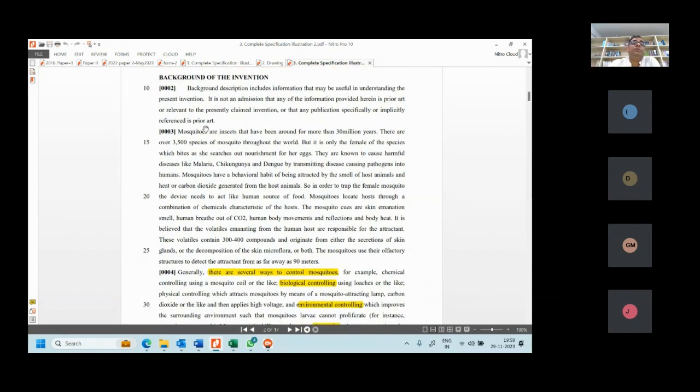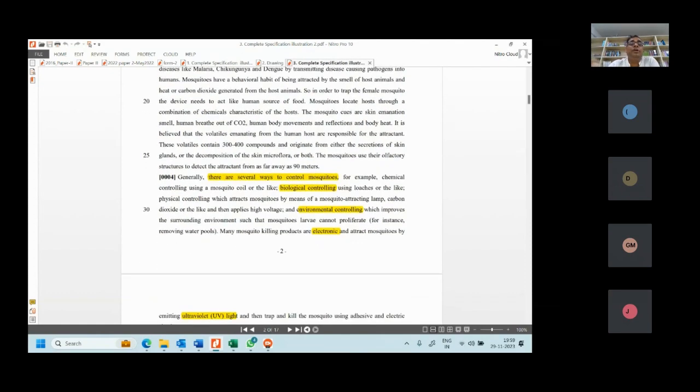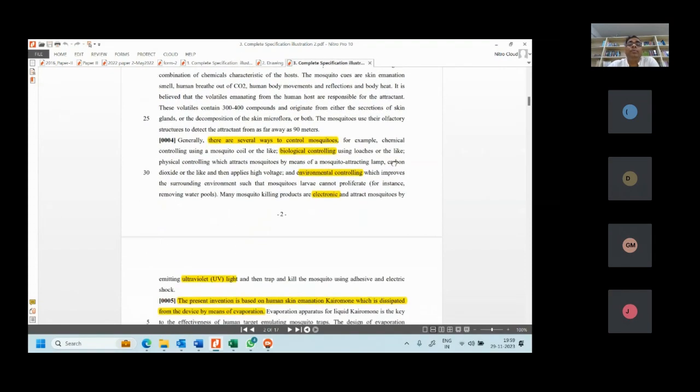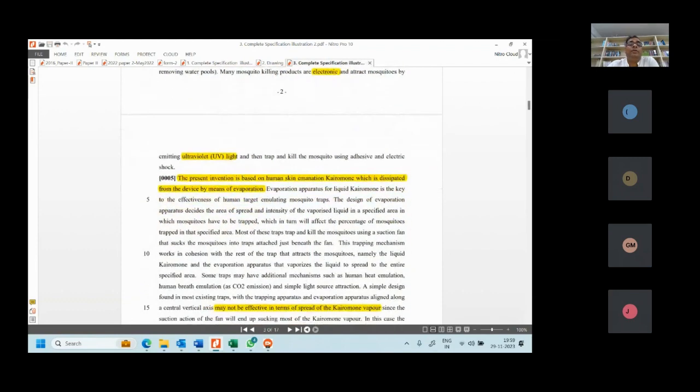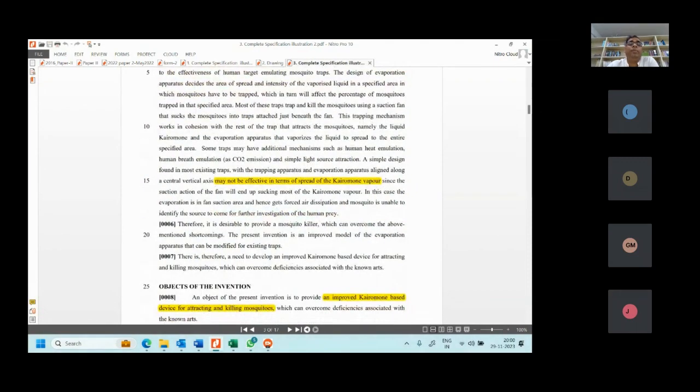Now the background. See, here they are again talking about why mosquitoes killing is important. Then what are the several ways of controlling mosquitoes and what we use. The present invention based on human skin emanation. This. Then they are talking about